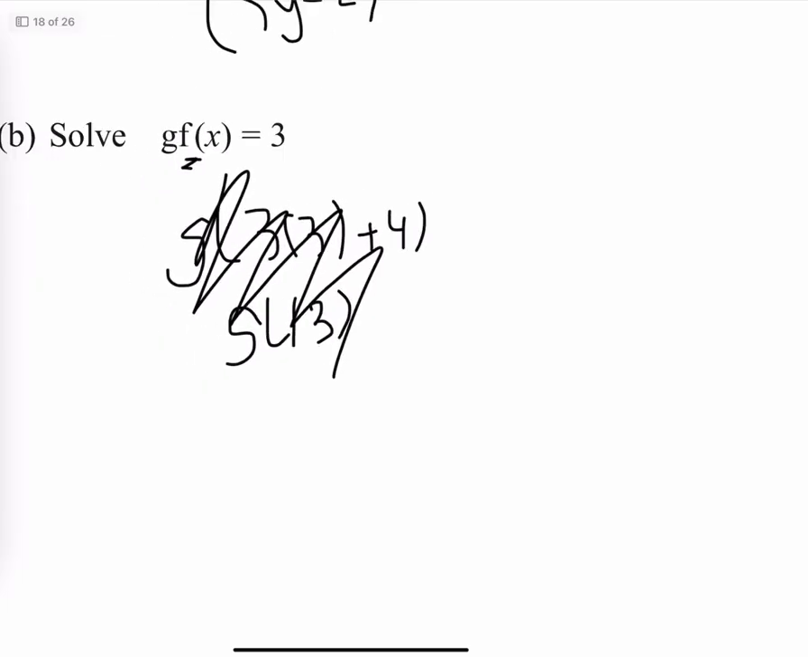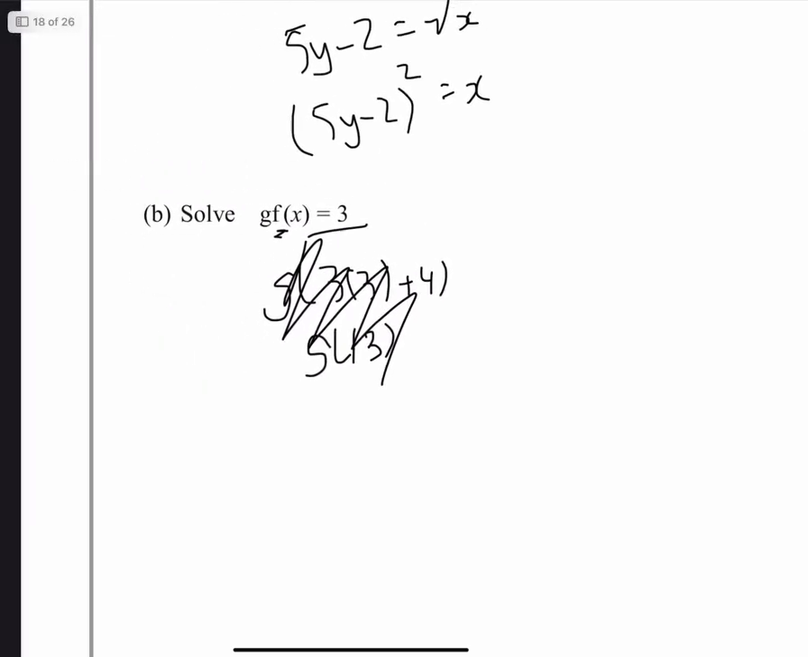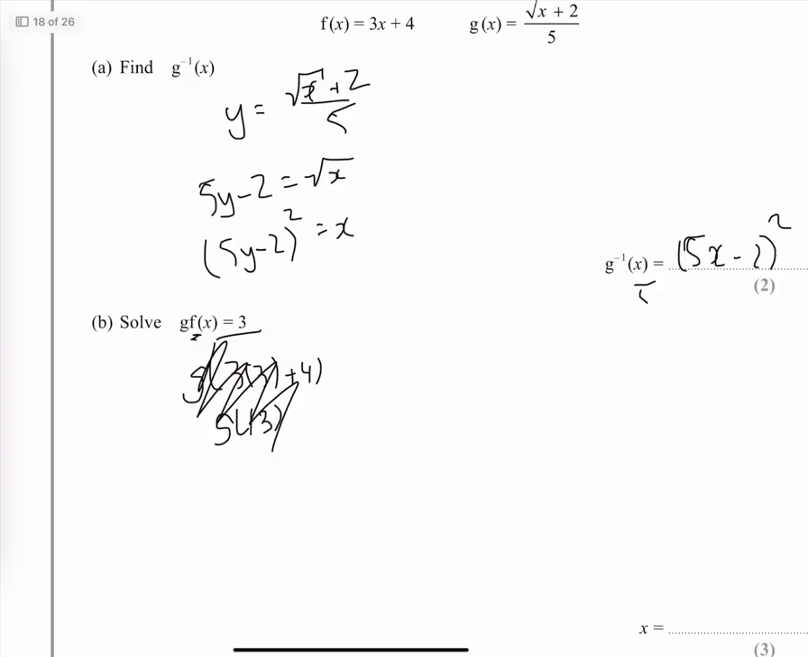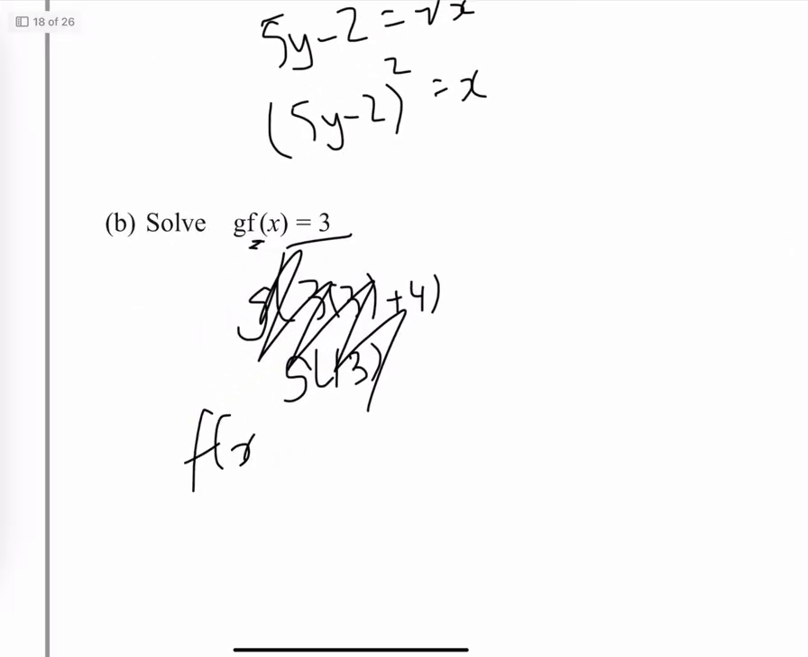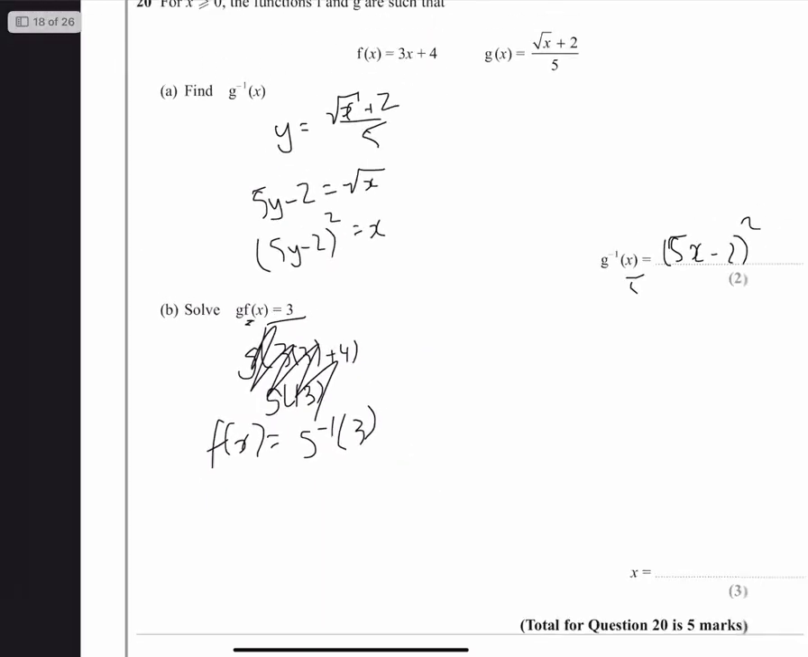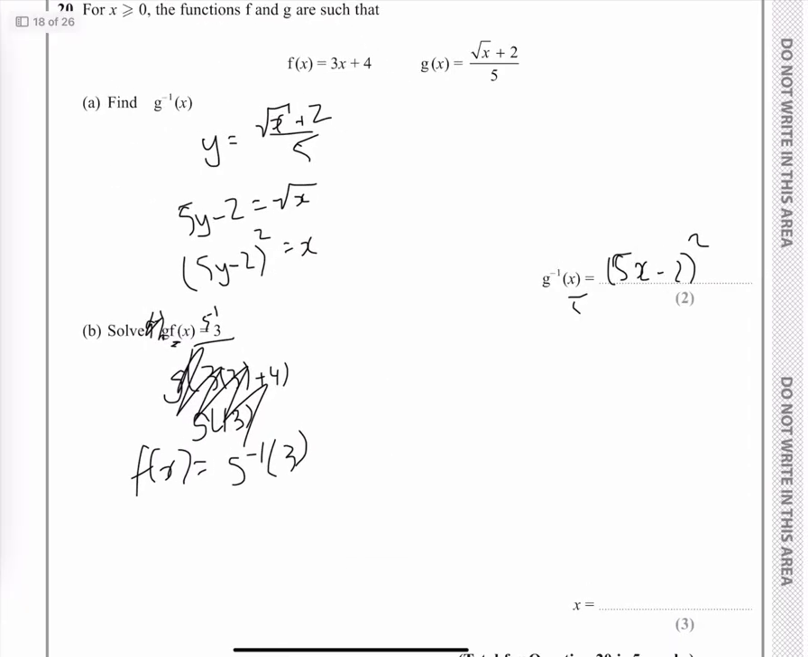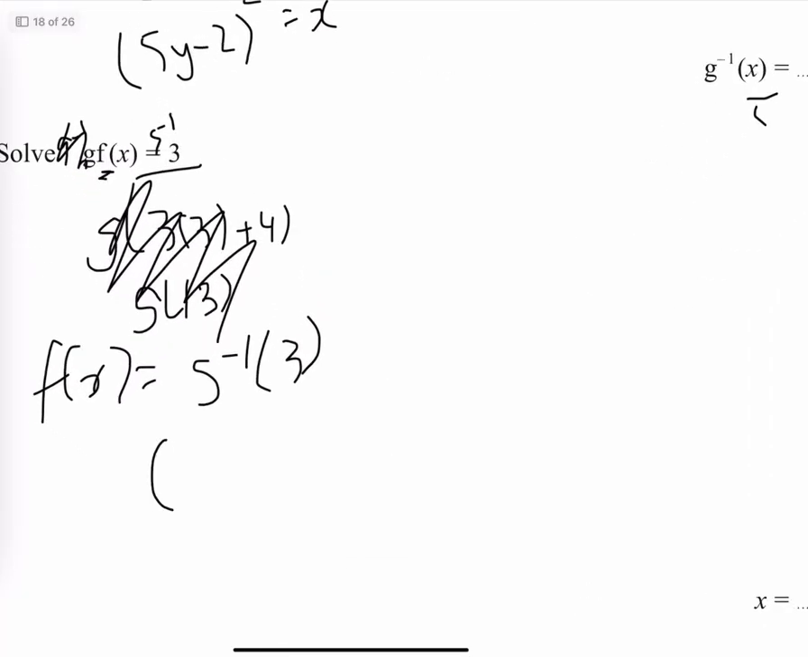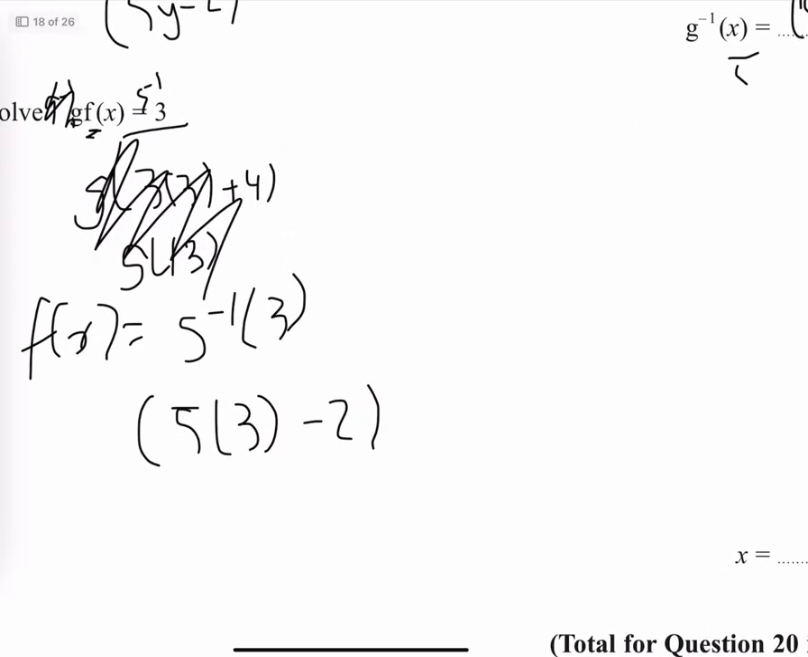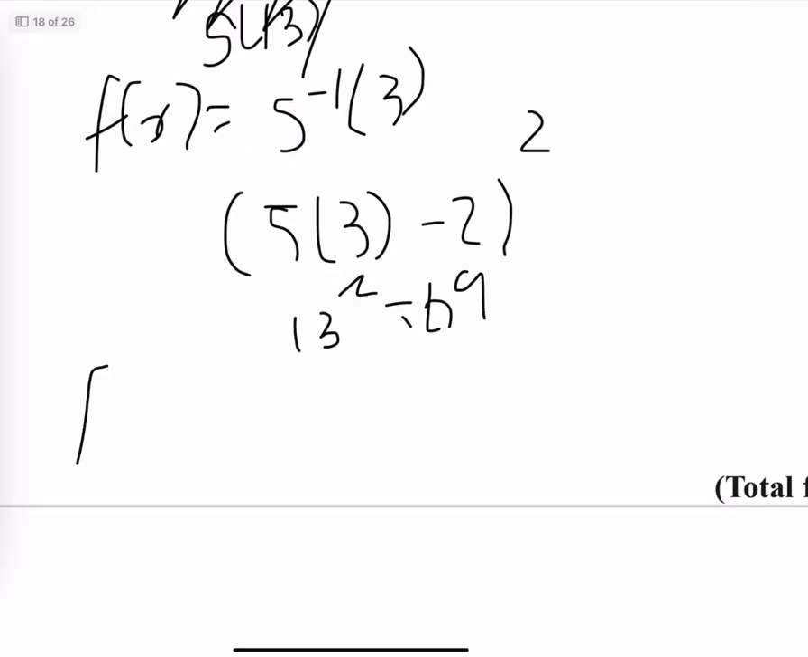Because the whole thing needs to equal 3, yes? So this is why they give us the inverse, because then that means f of x equals g to the minus 1 of 3. Because we've kind of used it on both, yes? So if I g minus 1 this side, g minus 1 that side, those two cancel. So g to the minus 1 of 3, so we get 5 lots of 3 minus 2 all squared is 13 squared equals 169. If f of x equals 169